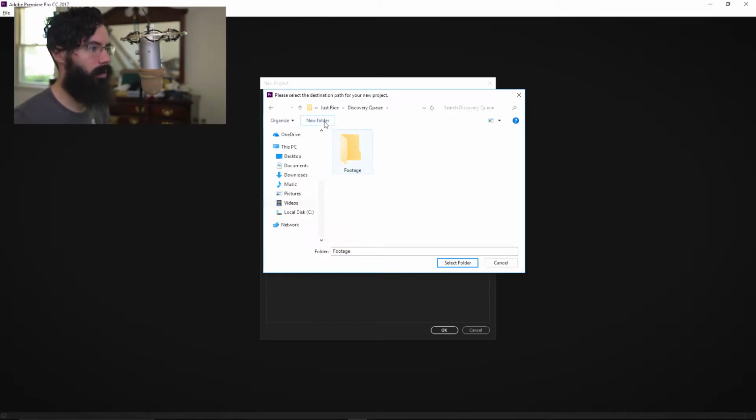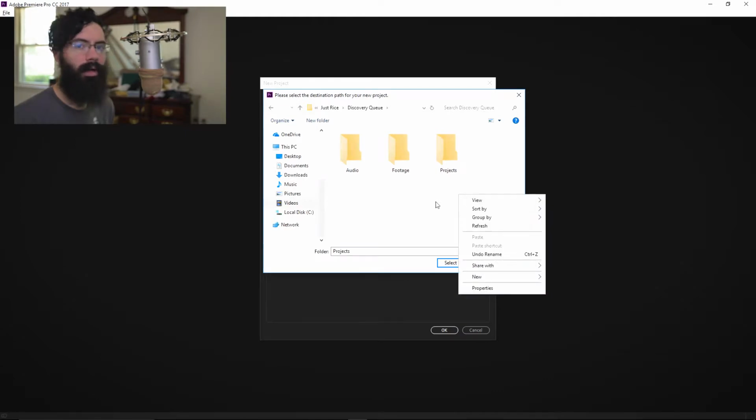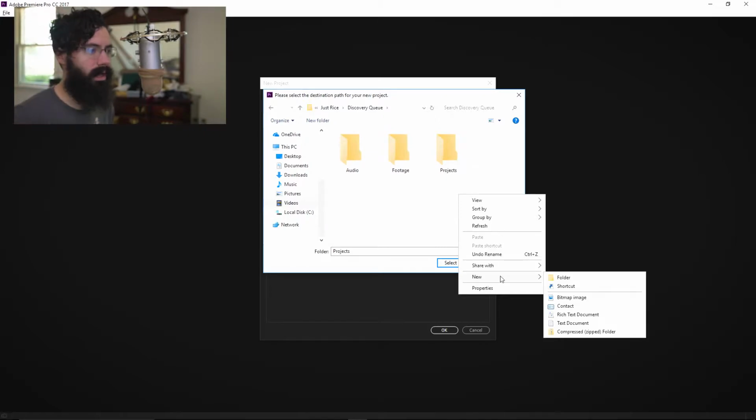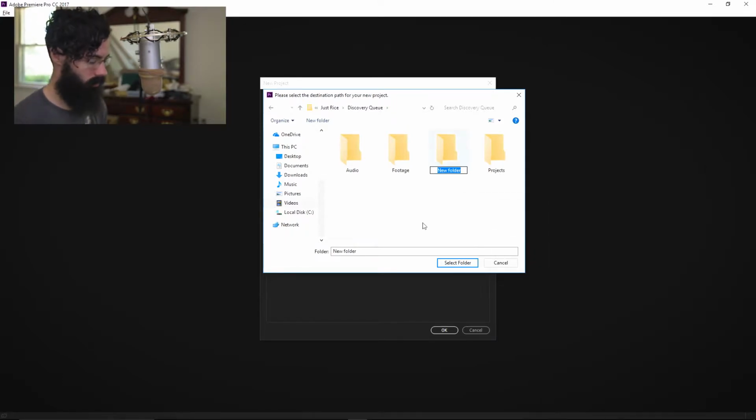Footage. You want a footage folder for your footage. Audio. That's good too. New folder. Projects. That'll be for your Premiere Pro project files, for your multi-track sessions in your audio thing, whether it's Audacity, Audition, any of those audios. And of course, exports for when we export not just the final video, but other stuff.